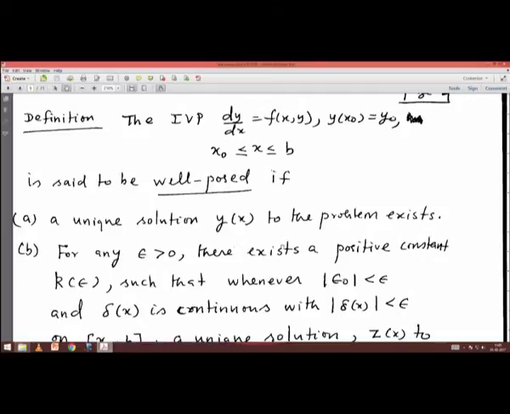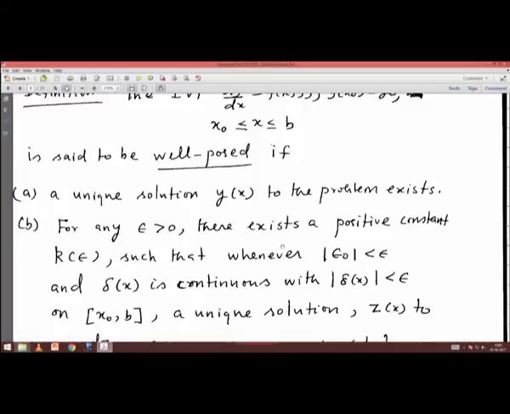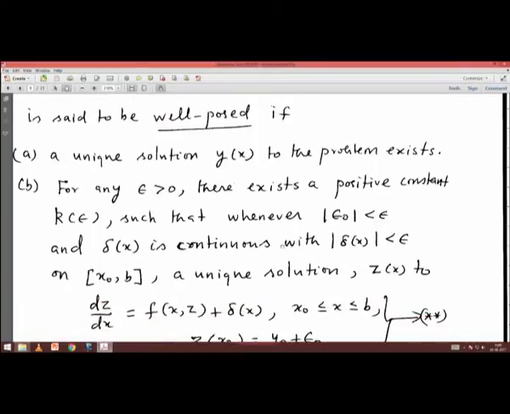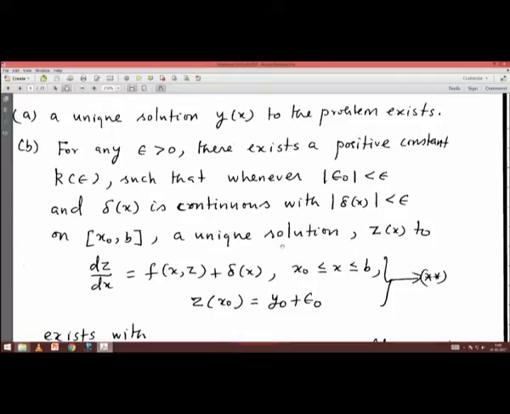The initial value problem for a first order differential equation is said to be well posed if the following conditions are satisfied, namely the initial value problem must have a unique solution y of x, and for any epsilon positive there exists a positive constant k of epsilon such that whenever mod epsilon naught is less than epsilon and delta of x is continuous with mod delta of x less than epsilon on the interval x naught to b, where x naught is an initial point at which the condition is specified, a unique solution z of x to a new problem dz by dx is equal to f of x comma z plus delta of x for x lying between x naught to b with